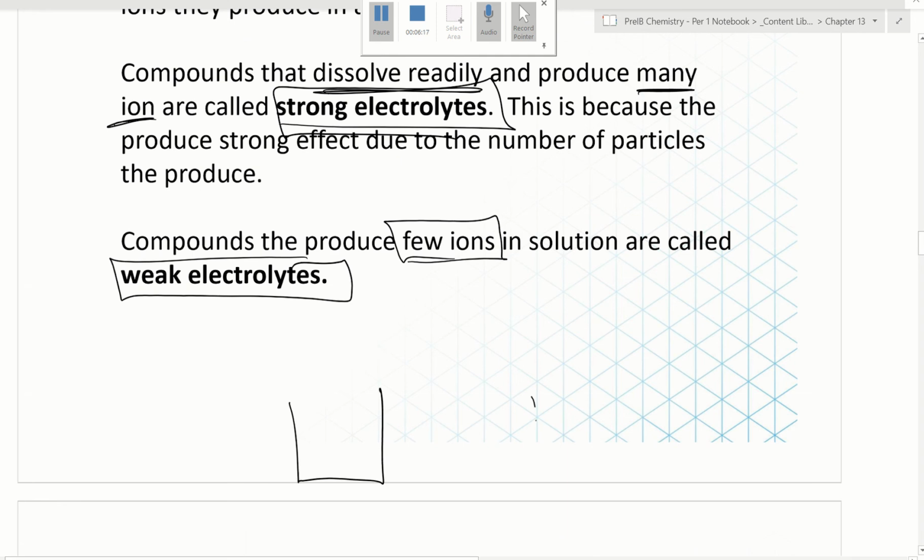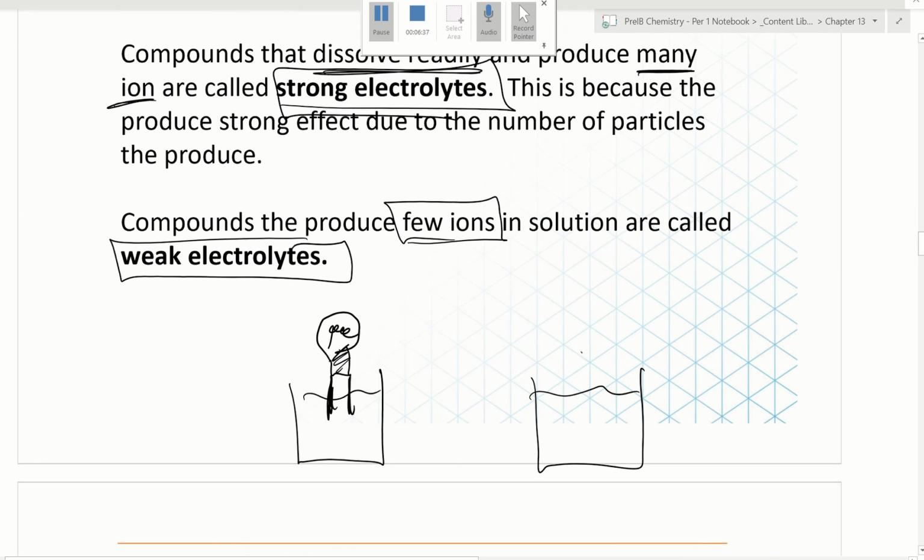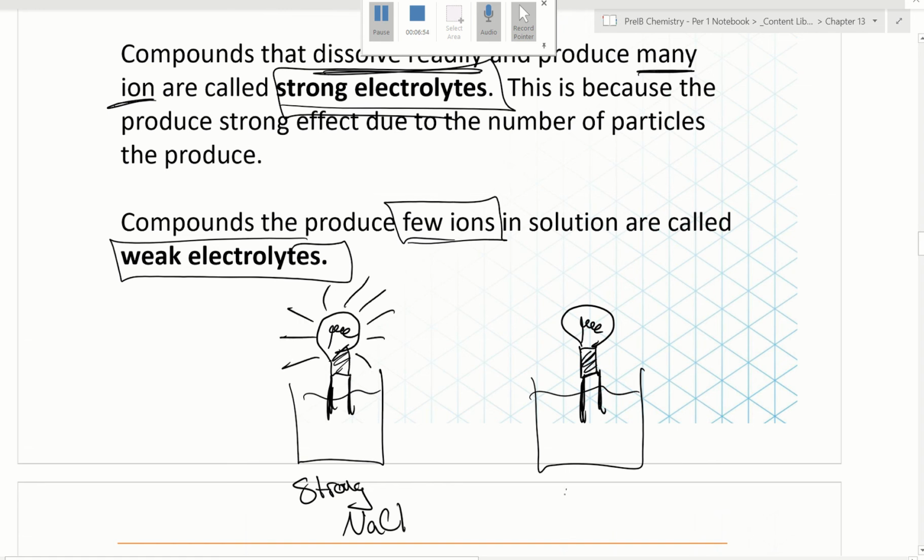Typically, we would show you a strong versus weak electrolyte in the lab. If you guys remember, I had this little contraption that was a light bulb, and it had these two little posts that came down. If we were in the lab, I would show you that in a strong electrolyte like NaCl, the light bulb lights up really, really bright, and in a weak electrolyte like vinegar, it lights